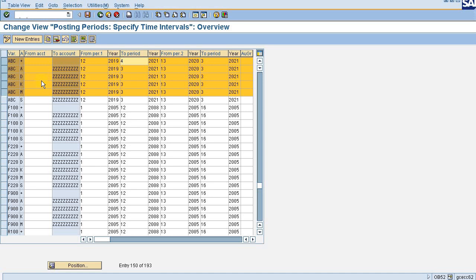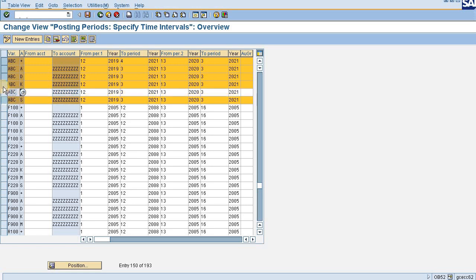The reason being, I'm just posting in FB50 and the applicable account key for the same is S. So I don't need to open M, K, D and A. I only have to open the 4th period for plus and S. So I'll just keep them open. Let me make this 4 as well.